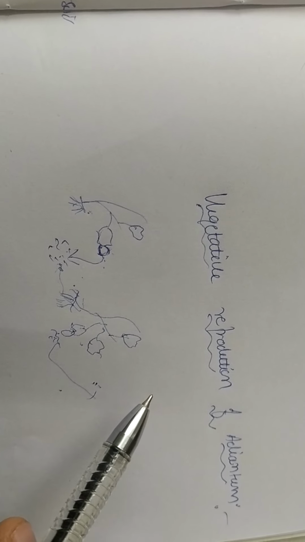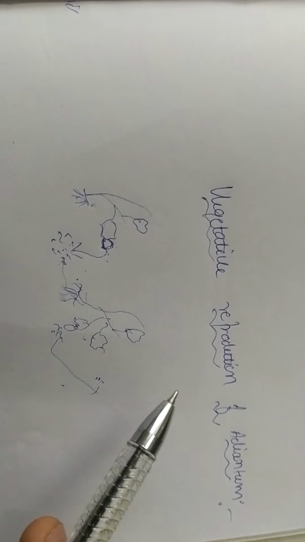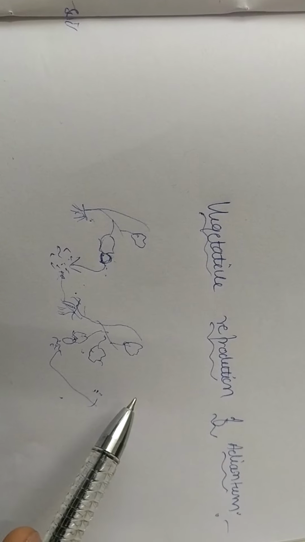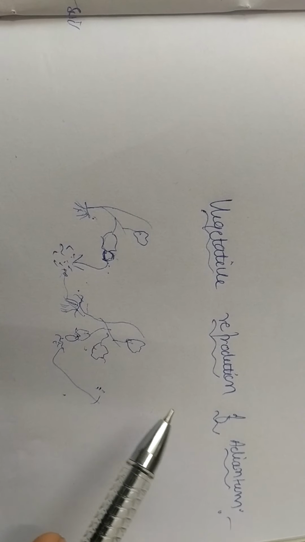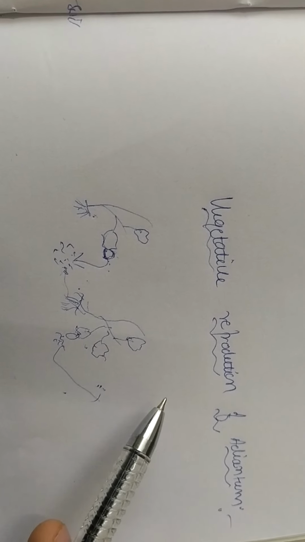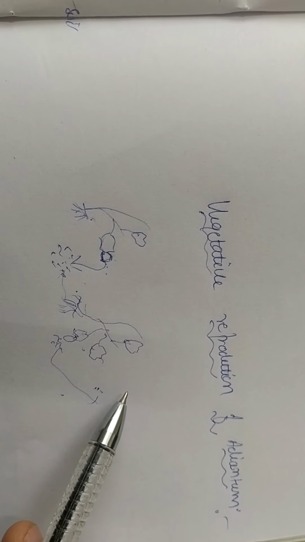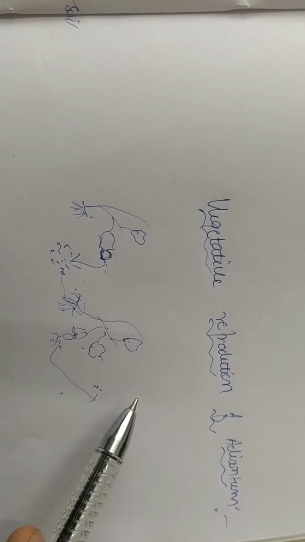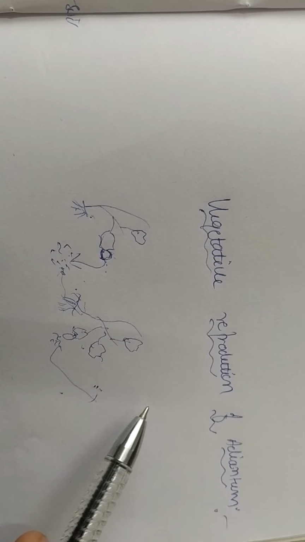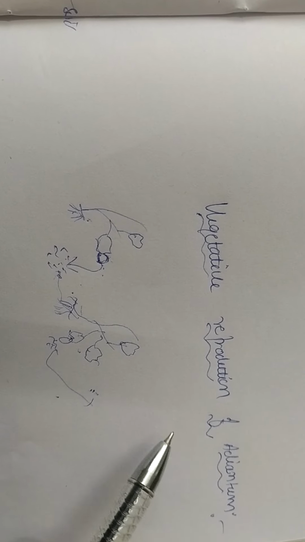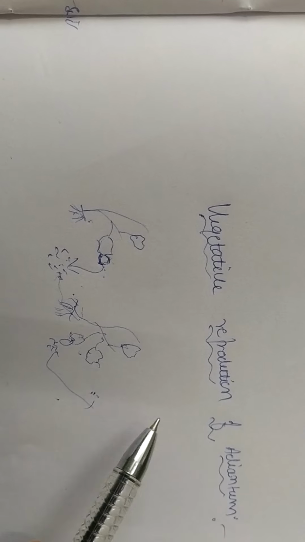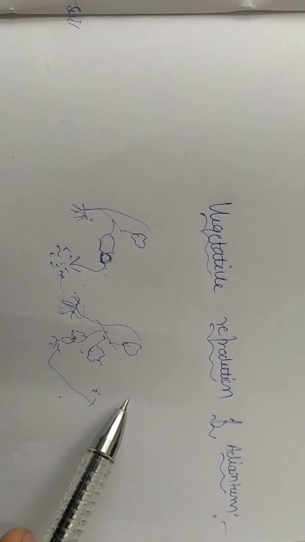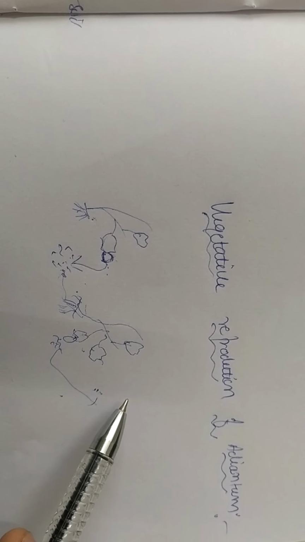Another mode of reproduction is by the formation of the spores, which are usually present on the ventral surface of the leaf. We are going to call them as sori. Sori contains a cluster of sporangia, group of sporangia. Each sporangia contains about some 12 to 16 spore mother cell, which are going to undergo meiosis and produce the spores. These sori are covered by a membranous covering called as false indusium.